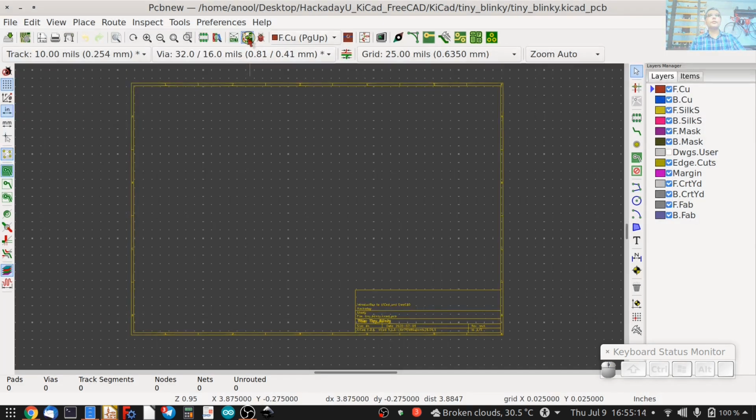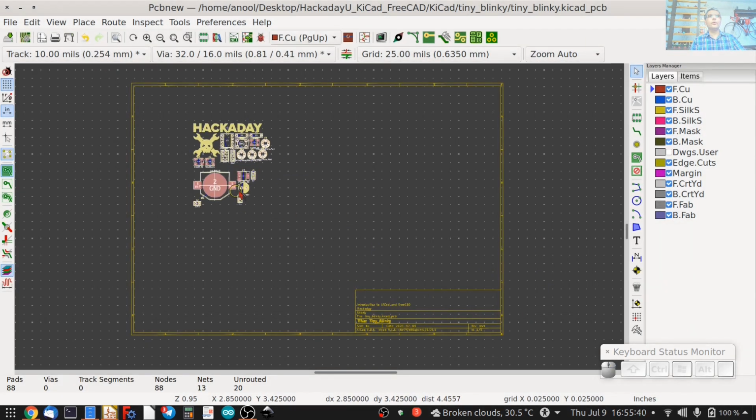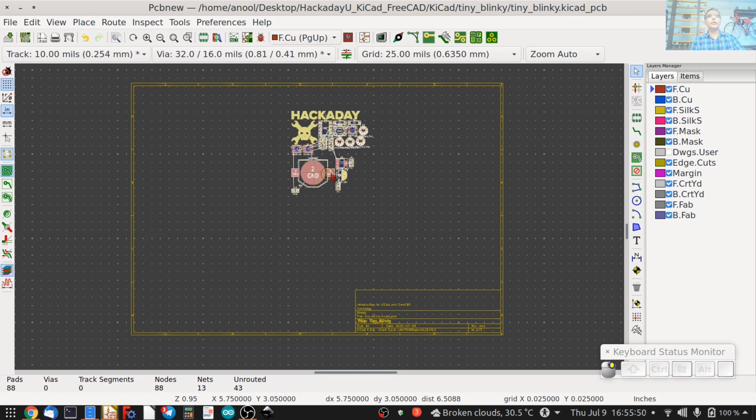The other way is to use the second toolbar icon here, which is update PCB from schematic. This bypasses the need to have a netlist and directly pulls information from the schematic. Once I click on it, update PCB, and then close it, and you have all of the parts imported from your schematic in one bunch, which you can place somewhere else.